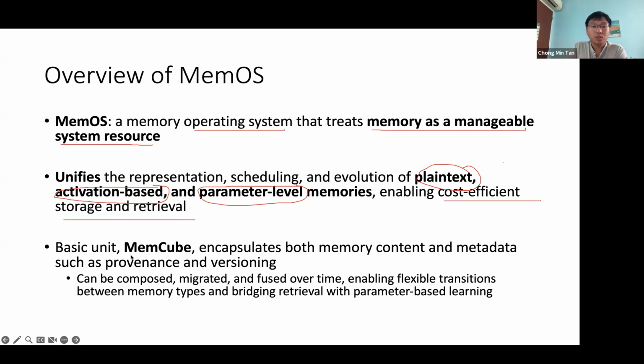And the base unit that they do this with is called the MemCube. I'll be spending some time talking about MemCube because it contains everything, all three components: plaintext, activation, parameter level. It also contains your memory content and metadata. And the amazing thing is that you can use this MemCube, add additional software layers or programmable layers to help compose memory together, migrate memory from frequently used to not so frequently used, or not so frequently used to frequently used,